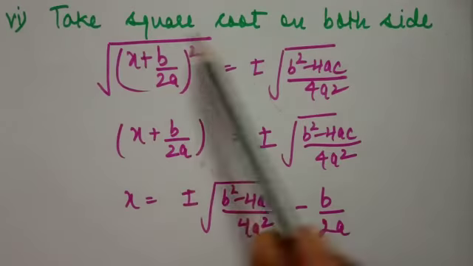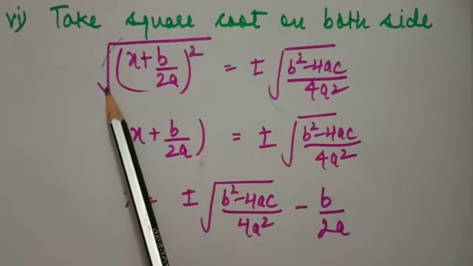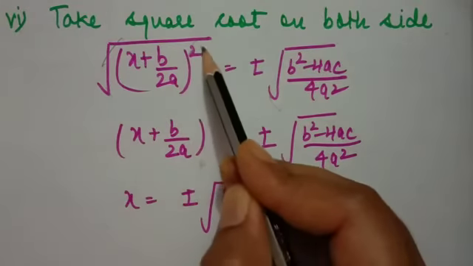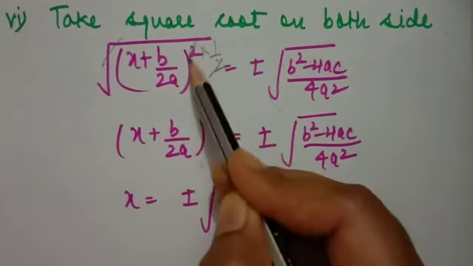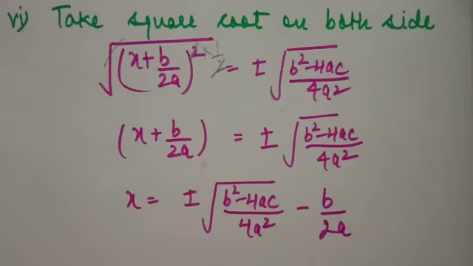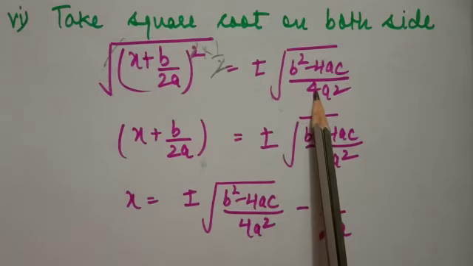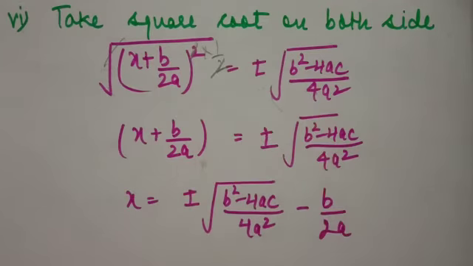Square cancels with square root because we know very well that the value of square root is 1 upon 2. When we change it into the fraction, then 2 is cancelled with 2. That's why we can say that whole square is cancelled with square root. So students, this is plus minus here because when we solve any root, it gives us two answers, positive as well as negative also.